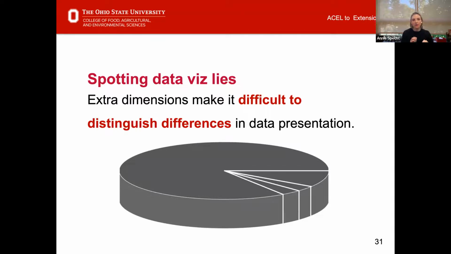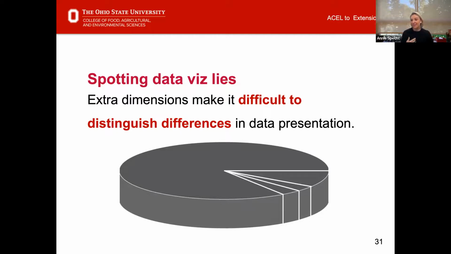It's basically a way for folks who aren't necessarily schooled or skilled in data visualization to make something that they think looks a little bit different or looks a little bit more interesting than just a traditional 1-dimensional visual. But what ends up happening is it makes it really difficult when you start adding sort of artificial dimensions to a 2-dimensional object. It makes it really difficult to distinguish what the differences are.